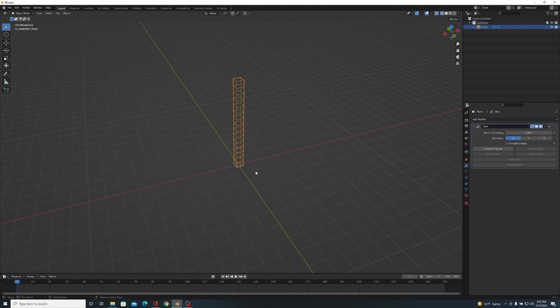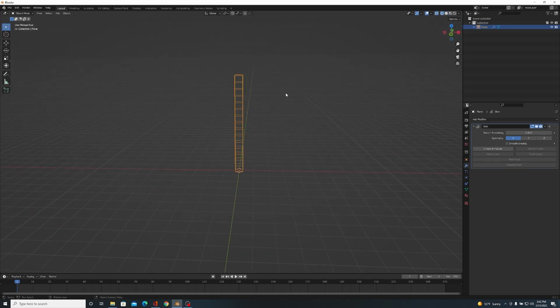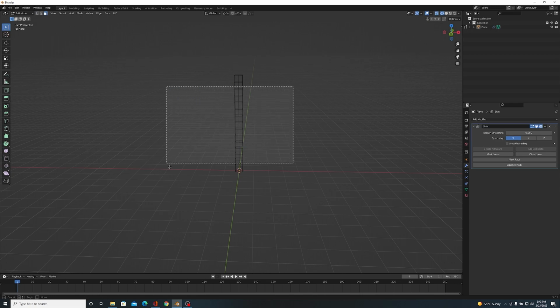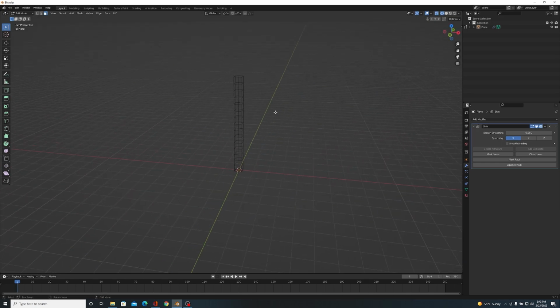With a cube, you would have a bunch of faces. With this, we only have vertices. We should have 4 vertices in total, if I did this properly. 1, 2, 3, and 4. So we've got 2 in the middle, and then our 2 endpoints. But there are no faces. If I go into face select mode and try to box select, it's not going to select. There are no faces. This is not a mesh. So that's one thing to keep in mind. We are going to be turning it into a mesh, but right now, it's not a mesh.